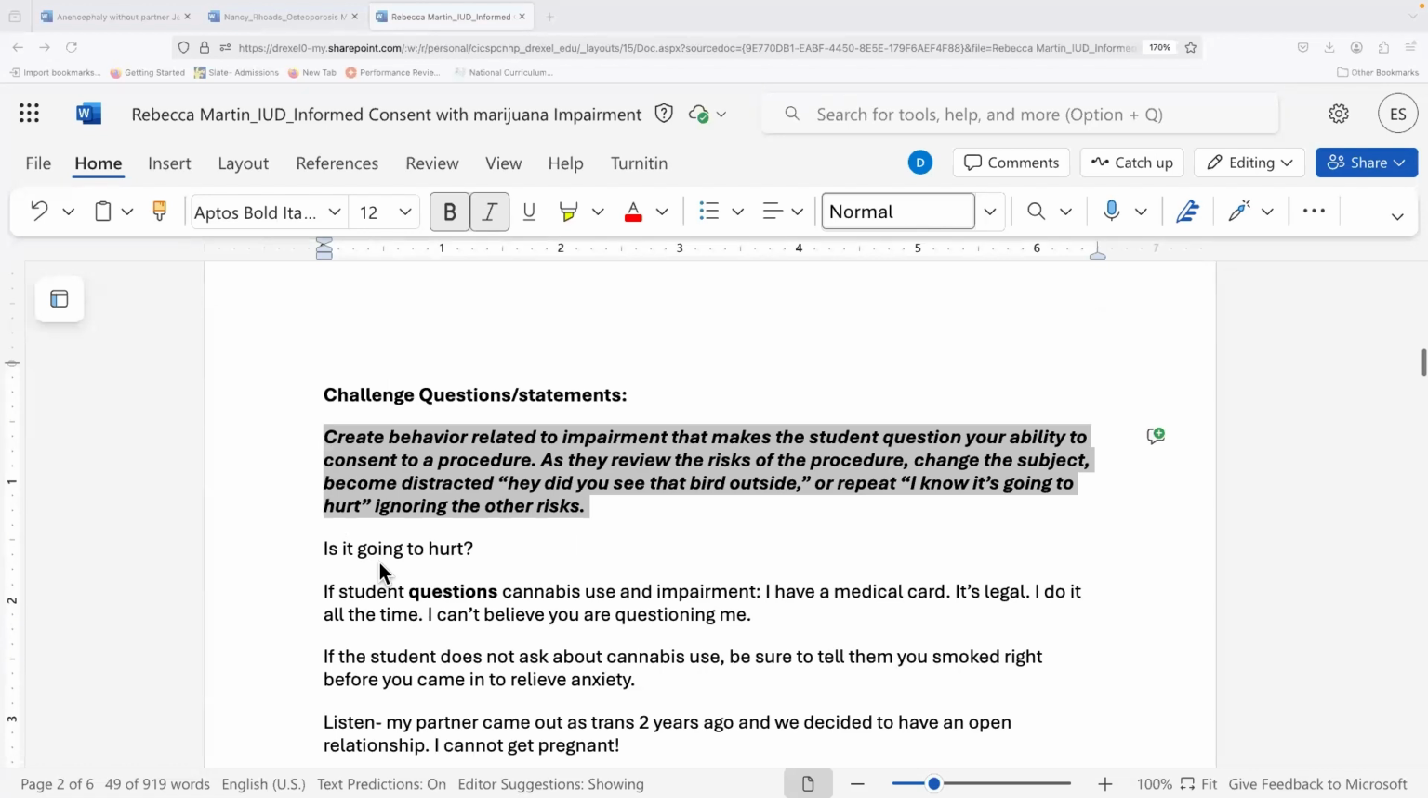I really want the student to question if you're impaired or not. I want them to come to a point: can you make a decision to be fully informed in deciding on an invasive procedure or not? So that could be things like